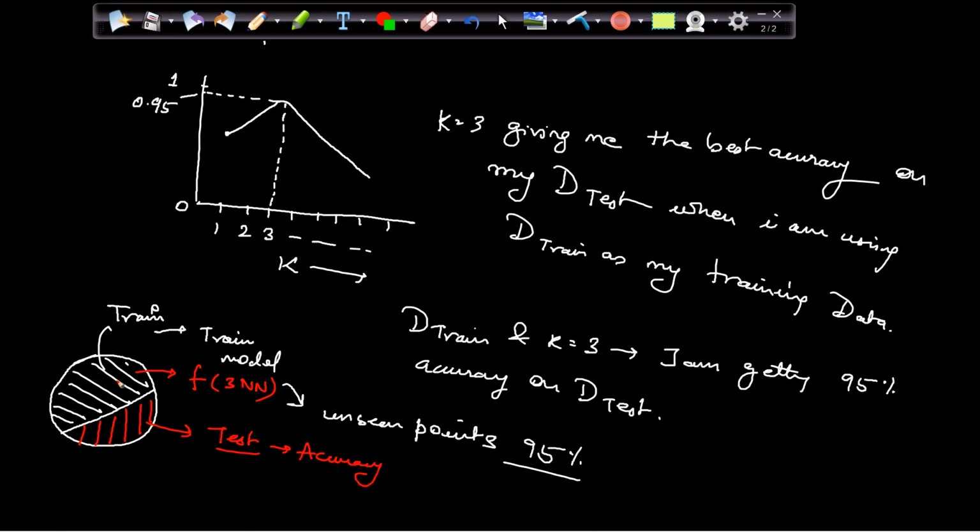That means there is no unseen data at all. So I will not be very much confident with this statement, because I am giving the exposure of this test data to the model for finding the accuracy.